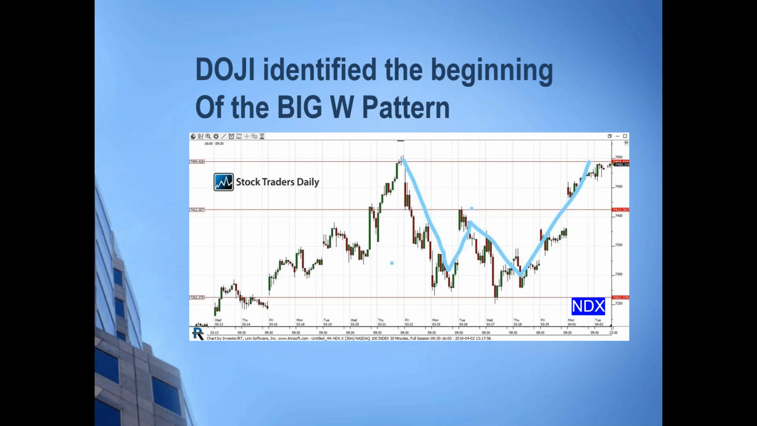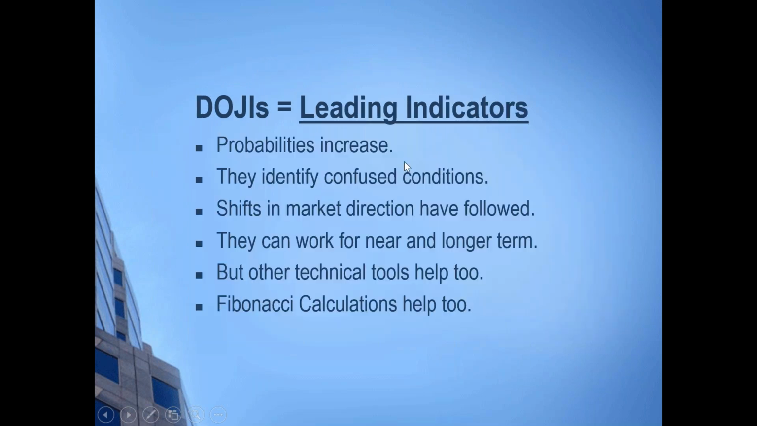That doji pattern as well identified the beginning of a big W pattern. And these type of patterns are something that traders and technicians love to identify. It was the beginning of this big W pattern that was the doji. So dojis are leading indicators. They're leading indicators to the development of trading patterns like this big W pattern, of these major turning points in